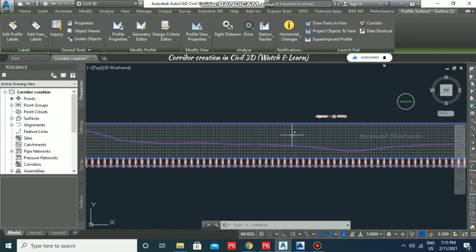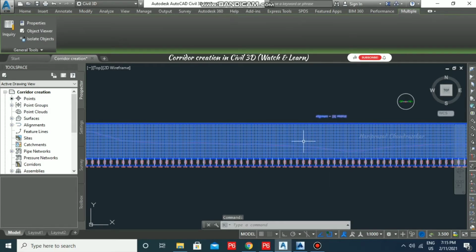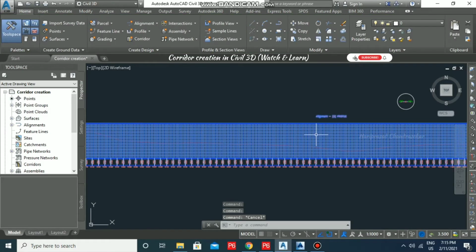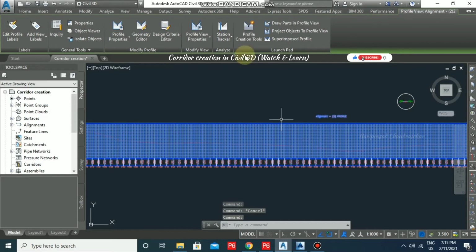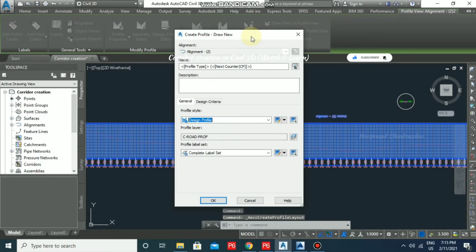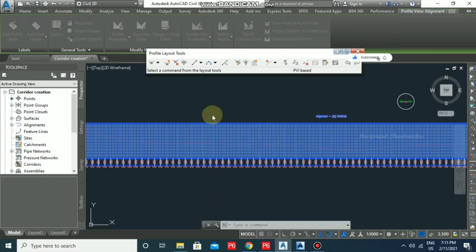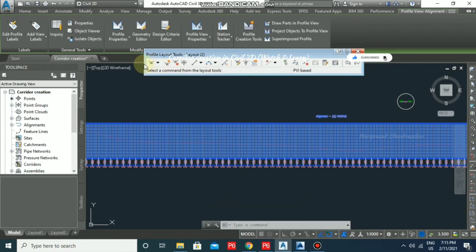Then after that we can go for design profile. So select this. Select the graph. Later we can go for profile creation tools. Now we have created one alignment, that is the horizontal profile, and then we are going to create a design profile. So I'm going for design profile, click OK, and here we can make use of these tools to create a profile.